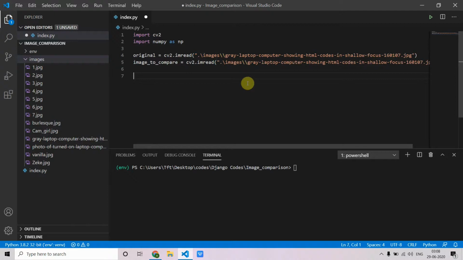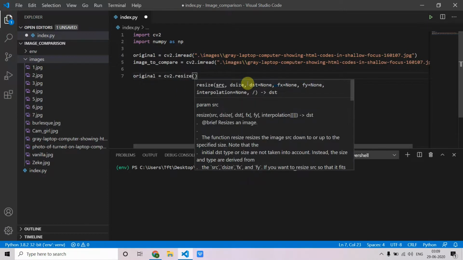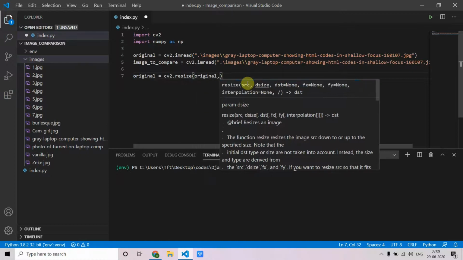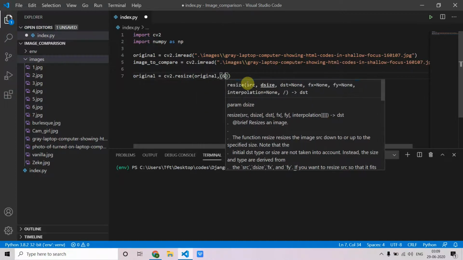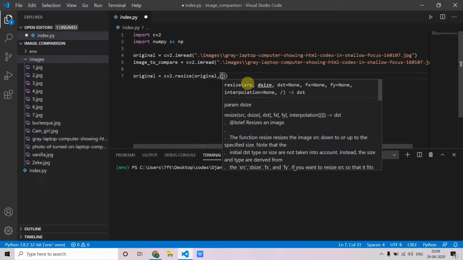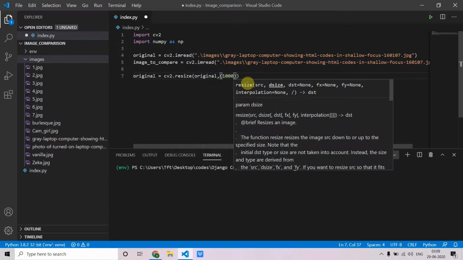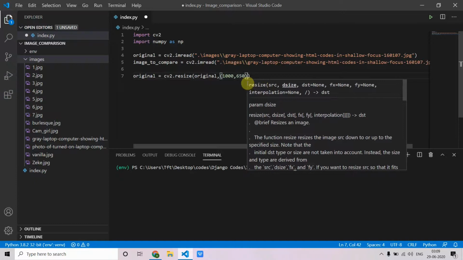So first we run the script to show the loaded images. We are going to resize the image because the size is too big for the screen. So cv2.resize and pass the variable, then give the dimensions, which is 1000 and 650.